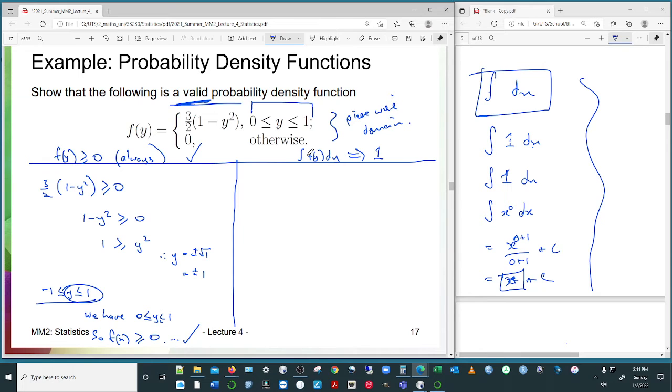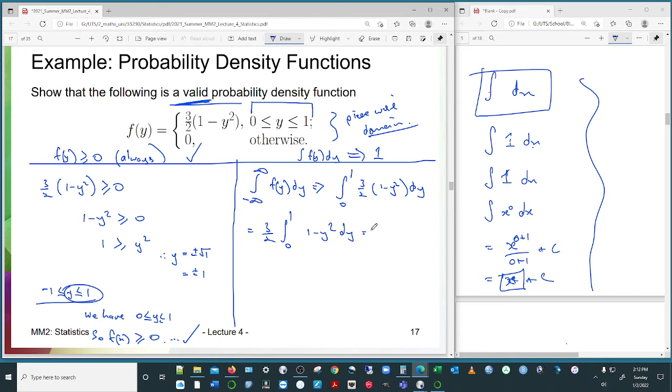Alright, the next thing, of course, is the integral equal to 1. Well, we need to do an improper integral, which you guys haven't learned yet. And unfortunately, we don't cover it in the course because of the amount of work we're doing in these courses. But what we've got is this piecewise domain. So what we're allowed to do is express it this way. In effect, we are not breaking any rules by doing that domain restriction. So bring it out the front. Then we'll be left with the integral between 0 and 1 of 1 minus y squared dy.